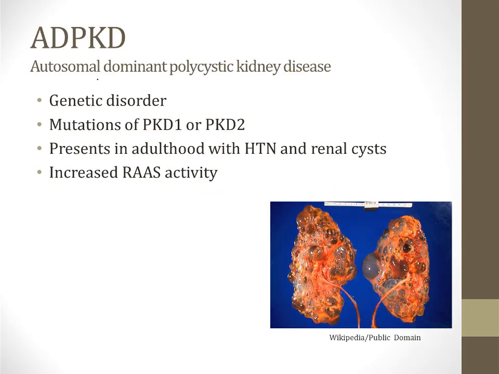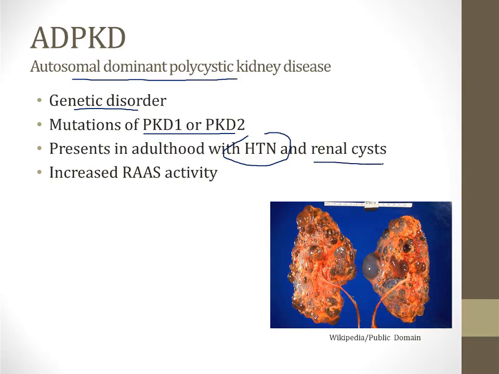The final cause of secondary hypertension that we'll discuss is autosomal dominant polycystic kidney disease. I talk about this in detail in the renal video on cystic kidney disorders. This is a genetic disorder that results from mutations of the PKD1 or PKD2 genes. It presents in adulthood with hypertension, usually at a relatively young age, and imaging of the kidneys will show evidence